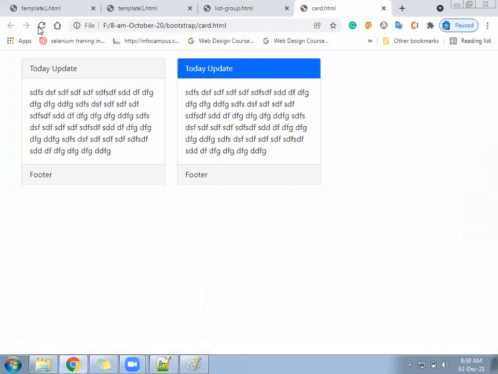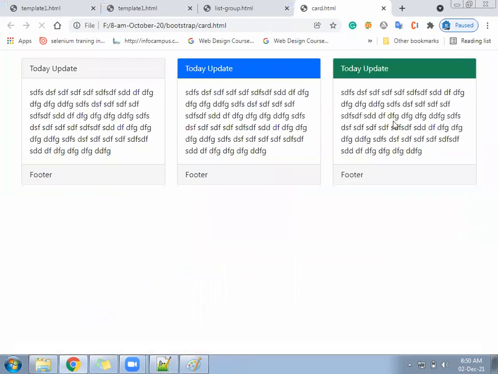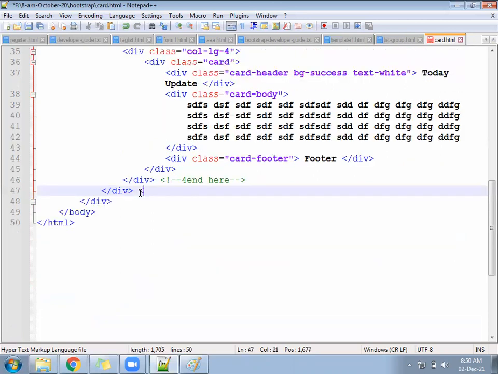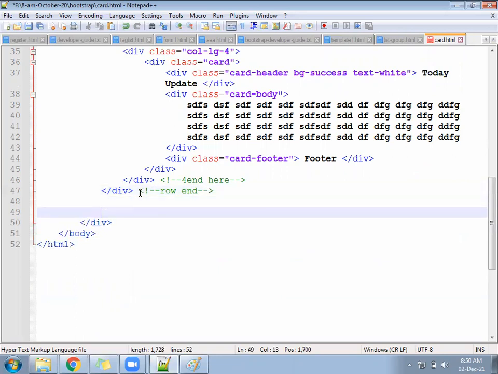Go ahead, check once. It is coming in green color. So this row is end. We can create one more row. This row ends here. Row end. Create another row.